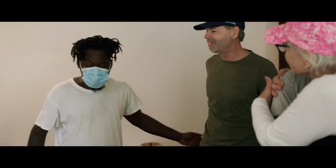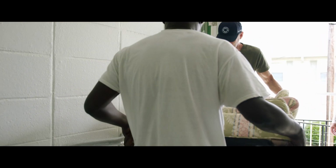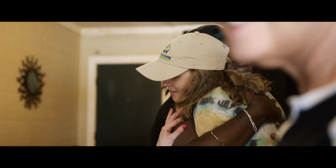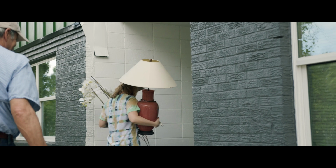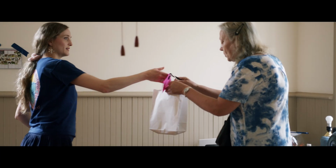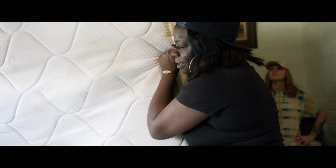We've had hardened men break down in tears, thanking us for praying over them after we set up their homes. And we've had mothers crush us with hugs and tears after we prayed over their children. The point is that we don't just deliver furniture and home goods. We deliver hope and the blessing that only working, laughing, and praying together in His name can bring to the